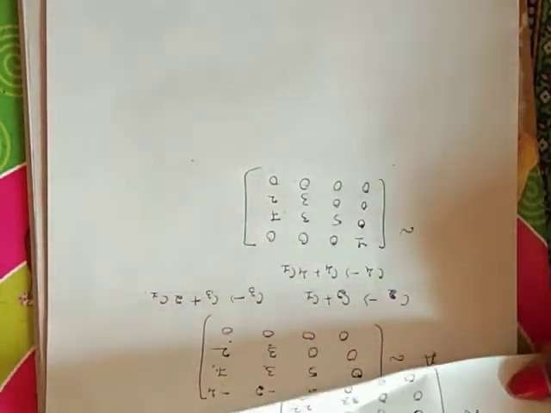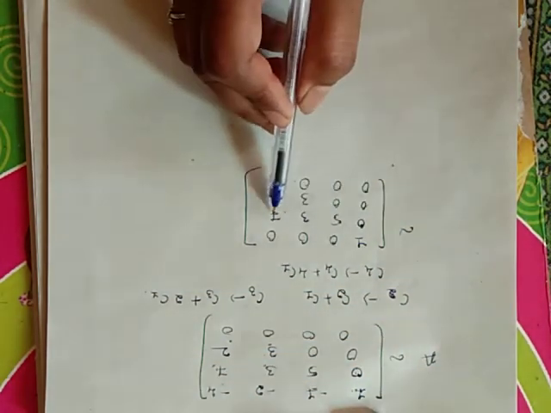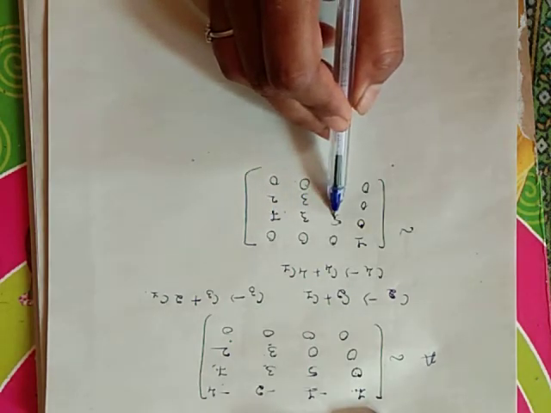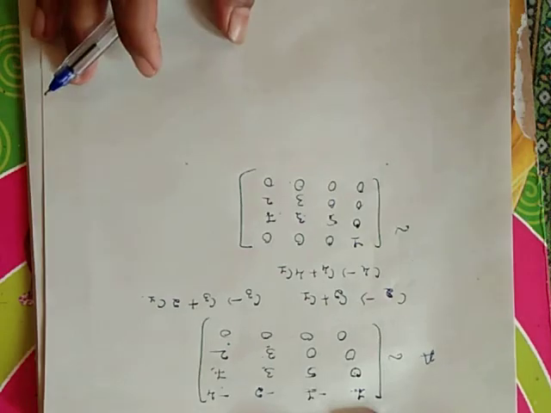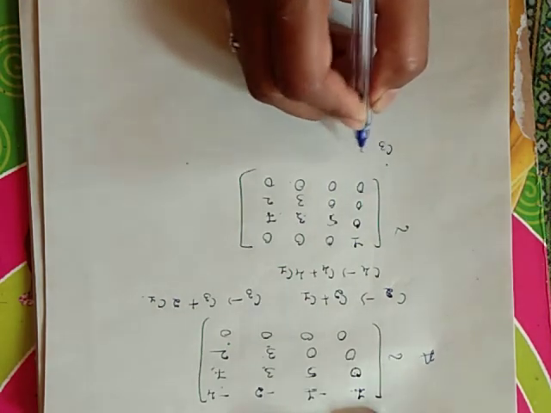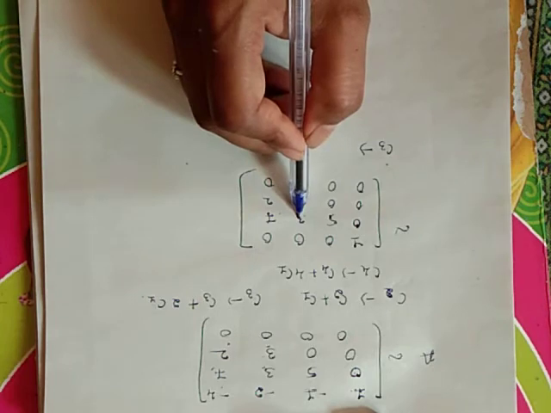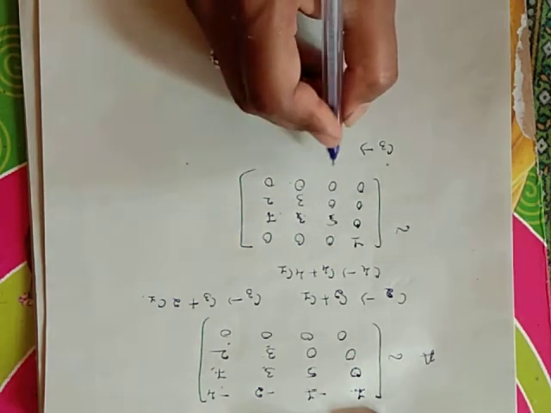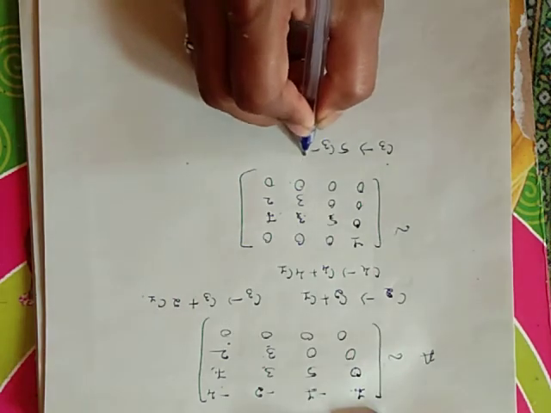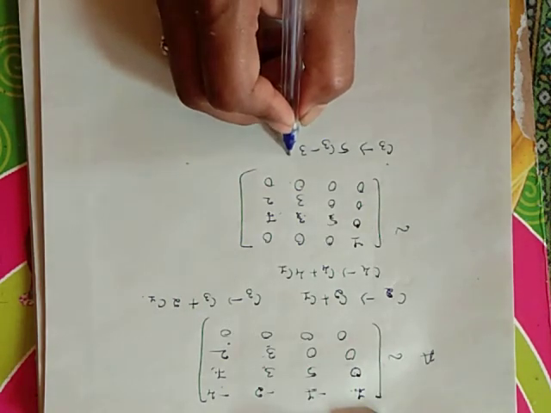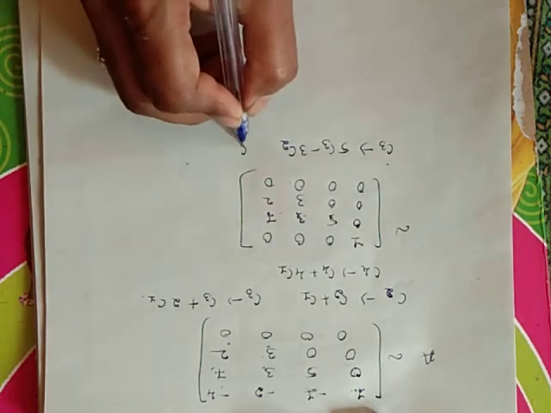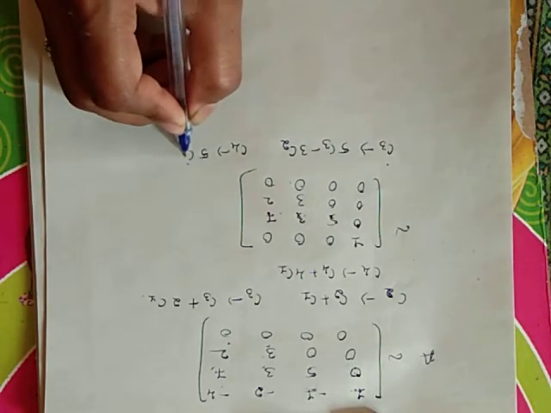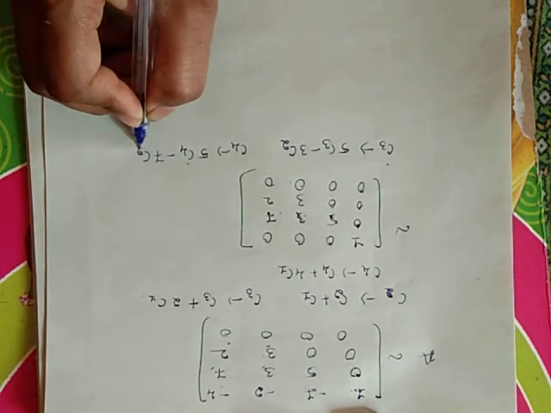Now, using this term, make these two 0. To convert these two to 0, here it is a 5. So it is better to take the cross multiplication as we did in the row transformation. So C3 tends to, here it is C3, here it is 3 and here it is 5. Multiply it by 5 and multiply it by 3. 5 into C3 minus 3 into C2. C4 tends to, here it is 7, here it is 5. 5 into C4 minus 7 into C2.